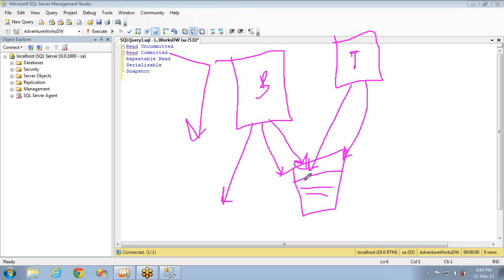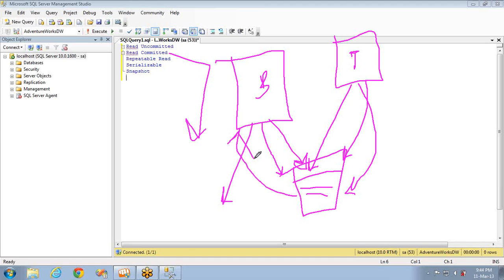Once this transaction is completed and the complete thing is committed, all the updates are done, then obviously the exclusive lock will be gone. Once the exclusive lock is gone, if you select the data, it will fetch all the data.